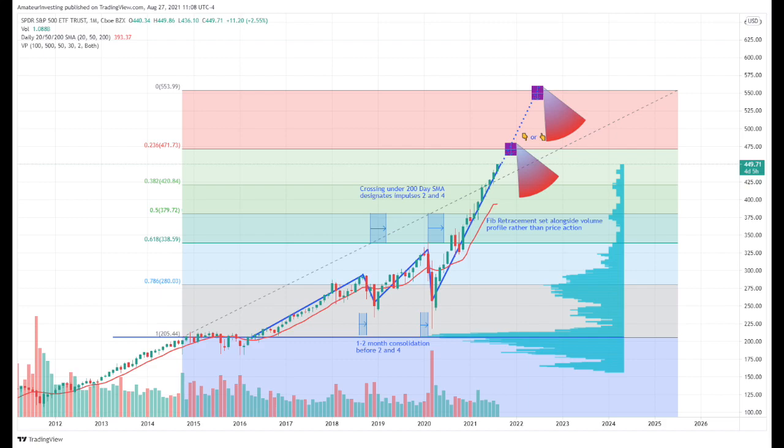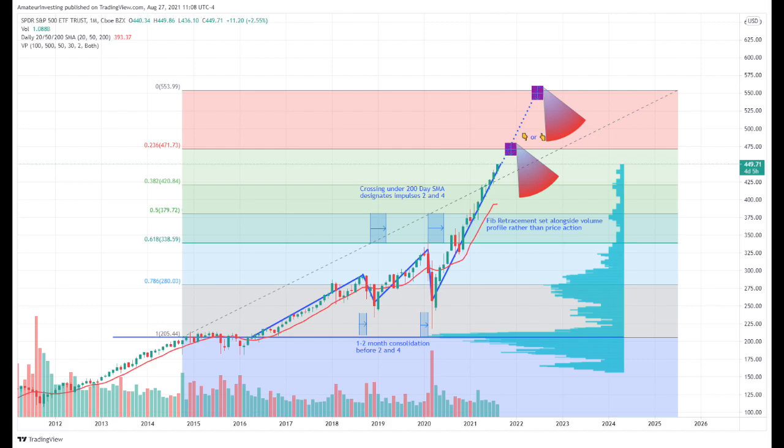So at the bottom, I put the baseline at the very big spike of volume at the retracement. And then I dragged the 78% line up to the next spike. And then just like magic, the 0.5 and 0.382 lines match up perfectly to spikes in volume. Additionally, I pulled up the 200-day simple moving average. Now, if I use crossing the 200-day SMA as the criteria for when we're entering waves 2 and 4, then we have an almost perfect sketch of lines 1 through 5 on the Elliott Wave.